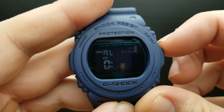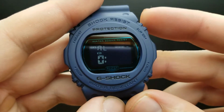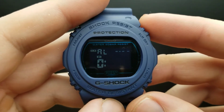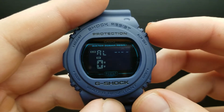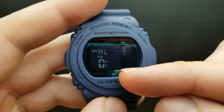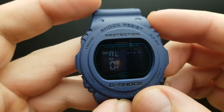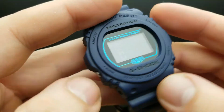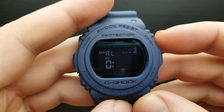I'm gonna get it back to 0 since this is a brand new watch. Now this is the procedure to set the daily alarm. Once you are done with setting the value of your daily alarm, simply press the adjust button and the alarm will be implemented. But pressing the mode button,